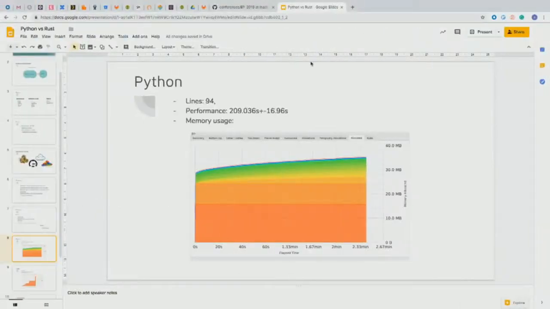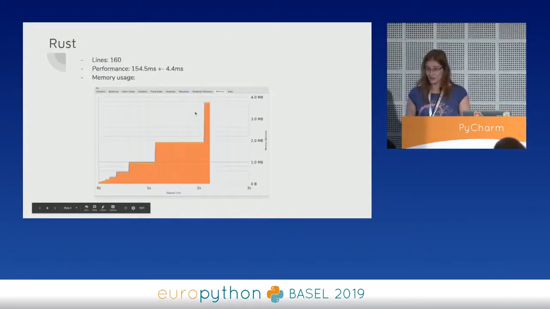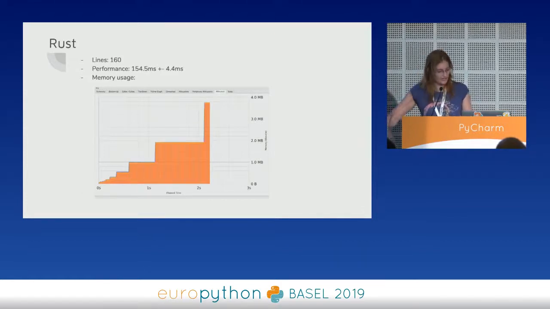So what does Rust tell us? It results in 160 lines of code without documentation. Documentation was with 3 slashes. And performance with 1 day with no logging is 154 milliseconds versus Python 200 seconds. The memory usage is an order of magnitude less than Python. It actually is heap allocation and not stack, so there is some shady business done there, I must say. But in pure heap allocation, Rust just beats Python dead.